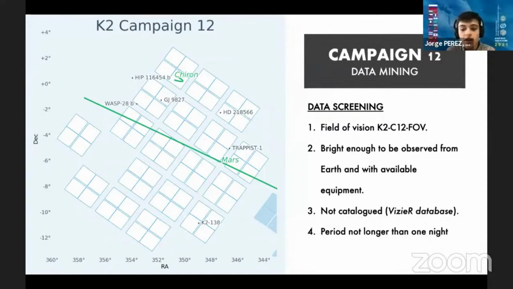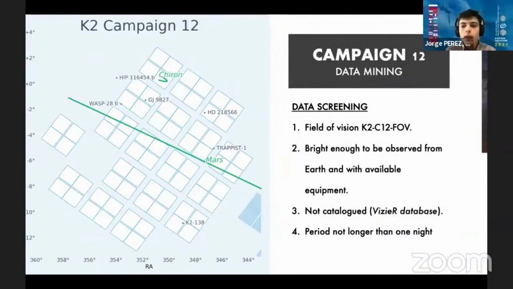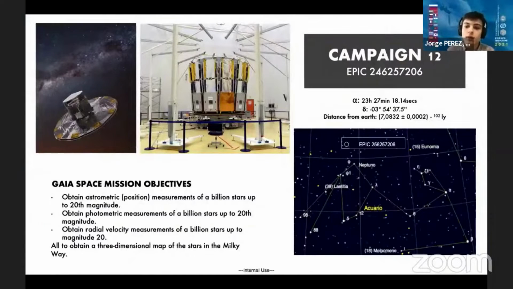To do that, I checked the Vizier database constantly, and also the period of the star had to be no longer than one night, so that I could observe it from Earth and obtain enough data to characterize it in one night. Then, in this campaign, I found the star